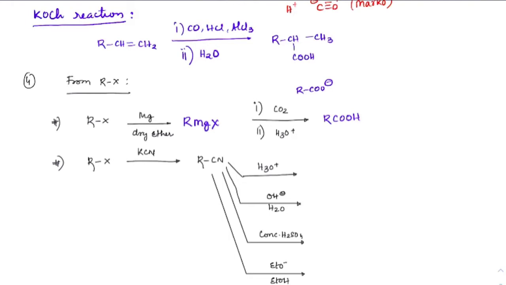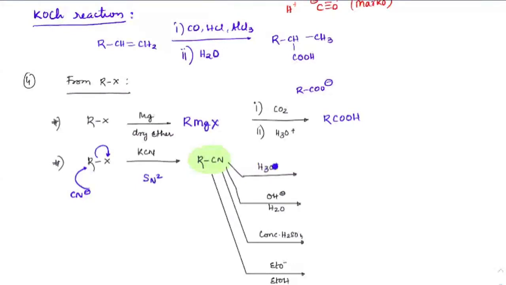With cyanides, CN- is a strong nucleophile that attacks here, trying to give an SN2 mechanism to get RCN. Now the RCN which is forming can be converted into acids both in acidic medium as well as basic medium. On hydrolysis, going ahead we'll see this mechanism. As of now, just remember this.